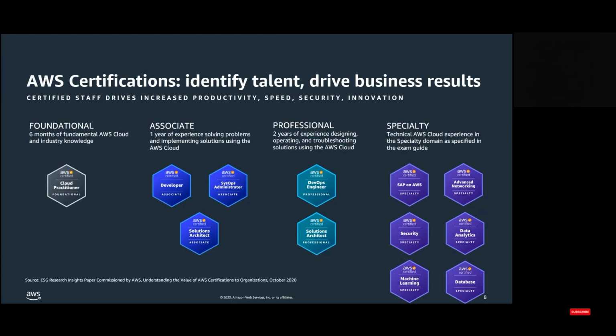We have the developer path, the architect path, and the system administrative path. So developer is by the name, if you want to be on a developing path. Architect is solution architect, and the system operations is more of the admin part of the business, where you're going to be controlling the administrative part or the system operations part of it. These are a dive deep, so they're more comprehensive than just a cloud practitioner.